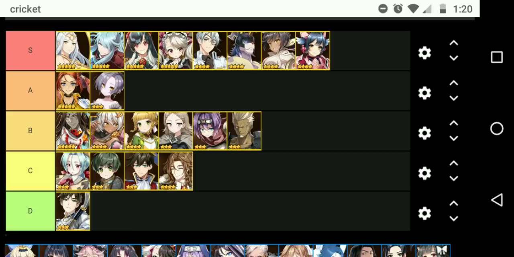So going up to S, you guys know why all these are here. Jakise, amazing cleave. Spez, Extinction. One-shots whatever he wants to, pretty much. Ruel is a huge safety net. Maid Chloe is just another safety net. Watcher Shuri is